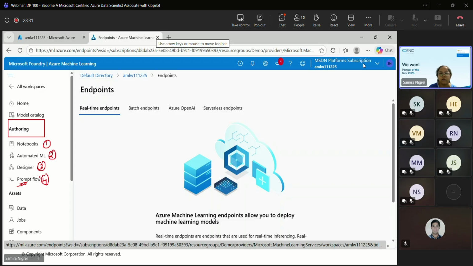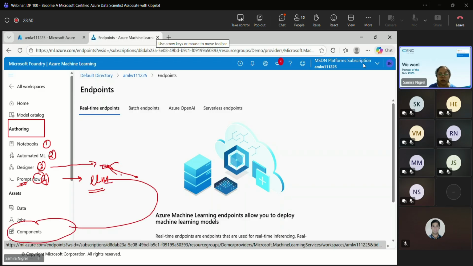Via that you provide instructions and the flow. You set a particular path of what should be executed one after the other. In the backend, the large language model will be executed, and using that it provides you the result. The designer is where components come into the picture, and using those components you process something.